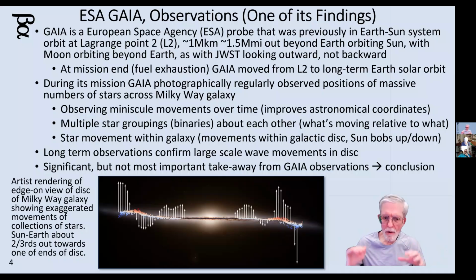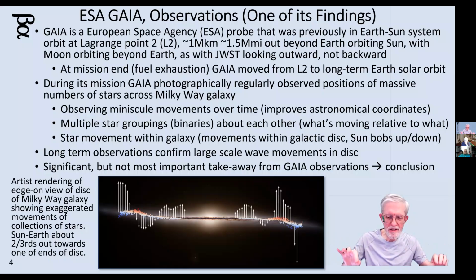What they really recorded that came across as the amazing conclusion is if you look at all the stars that it cataloged and all the movements of all those stars, then what you see is wave action in the disk of the galaxy. Now, this picture at the bottom is an exaggeration and it's an artist's rendering because the Earth is not out beyond the edge of the galaxy. So this is an artist's rendering of the data that we had. They glued together a picture which would be the disk of the galaxy.